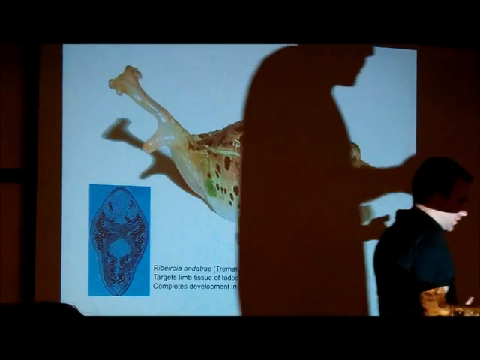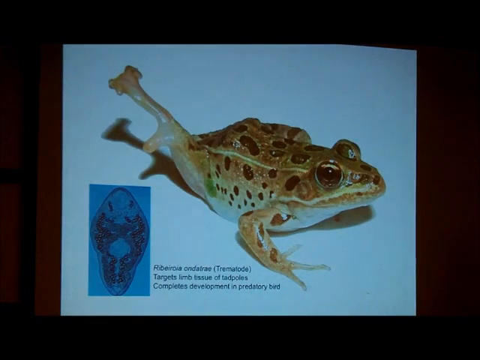So I'm going to focus in particular on one parasite that our group's done a lot of work with called Ribeiroia ondatrae. It's a trematode. And one reason it's gained notoriety is it tends to target the developing limb tissue of a tadpole. Okay, so the free-swimming cercaria will burrow into that developing limb,